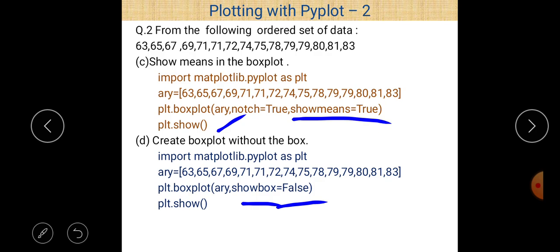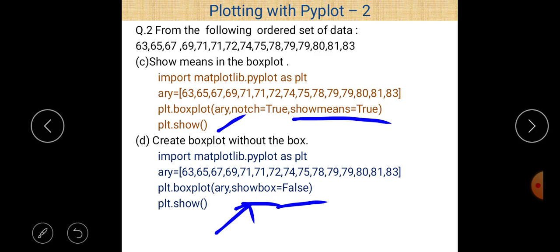But the requirement of the question says box plot without the box. So if you don't want to show the box, you should use the showbox parameter and give it a value false. In that case the box is not shown on screen, and all other things are same as you can see on the screen, which are required or essential.